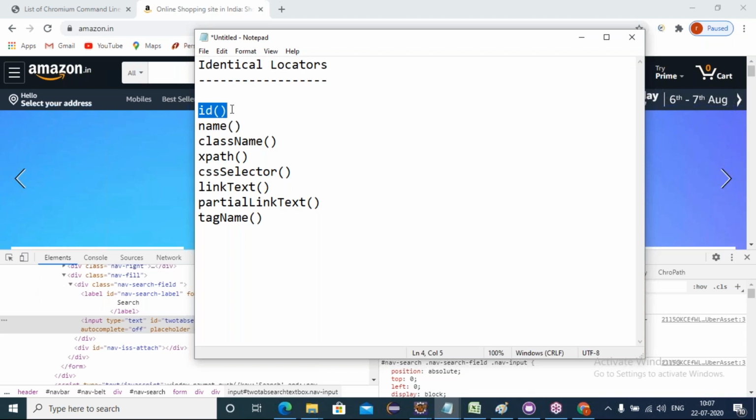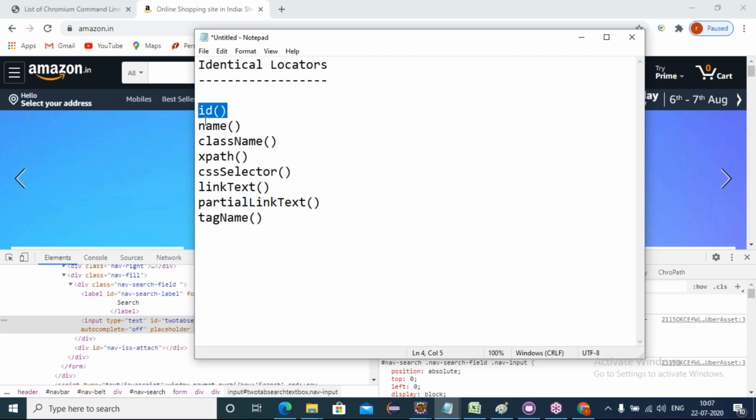Suppose we are all employees of some organization. Every person has an employee ID, or not? If the management team wants to calculate the salaries, will they calculate based on your name or your employee ID? Employee ID. Why? Because the employee ID is unique, whereas someone else might have the same name. That's why ID is always unique. So when interacting with any kind of element, the first priority locator is the ID.